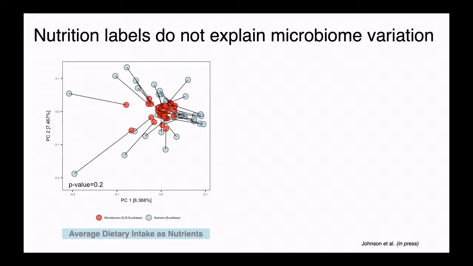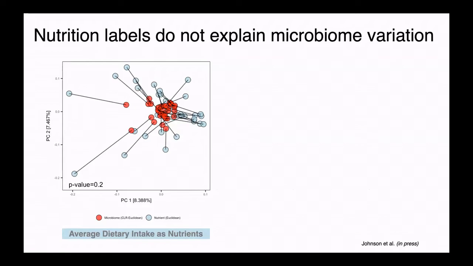And what we did is, for every person, we took their average nutrient intake over the whole study, 17 days, and collapsed it down to one time point. We took their average microbiome over the whole 17 days, collapsed it down to one time point. And then we made these ordinations of them and tried to overlay them to see if they would line up. So basically, if you're similar to someone in diet space, are you also similar to them in microbiome space? The answer was no, at least not when we looked at nutrients. We did not get a significant correspondence between the nutrient distances and the microbiome distances.